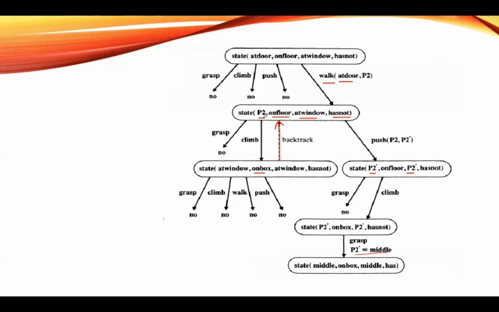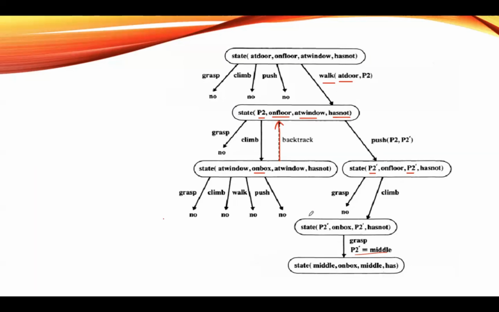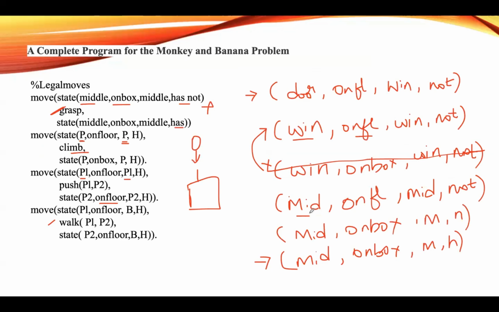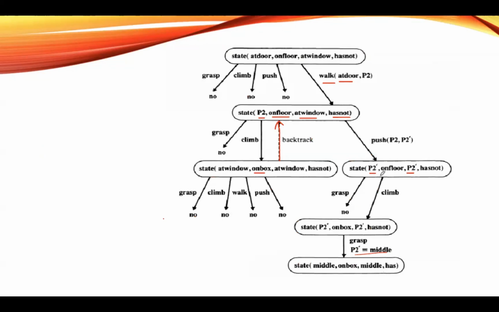Initially this is at the window. Now the monkey has moved to the middle, and the monkey is on the floor and the box has also moved to the middle. Still it is not having the banana. So the monkey and box both are at the middle and it is not having the banana. Here, even though the monkey is at the middle,